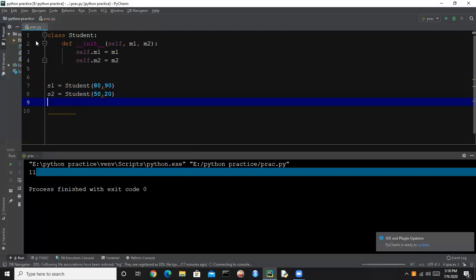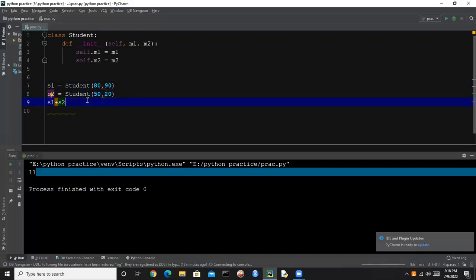Let's try to add these students' marks: we are trying to add 80 and 50, this student's first subject and the other student's first subject marks, and this student's second subject and the other student's second subject marks.